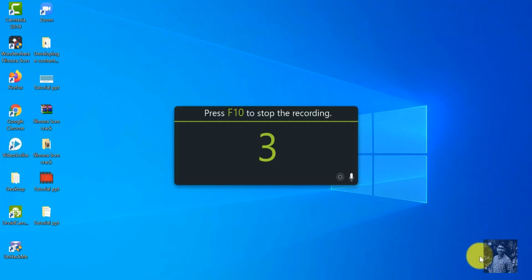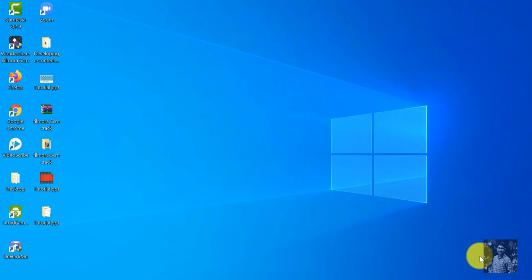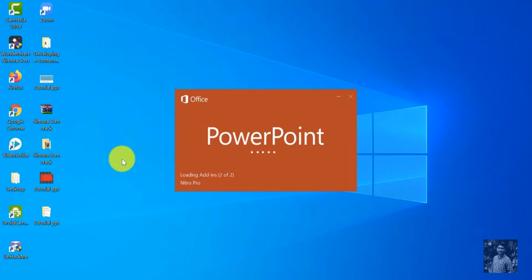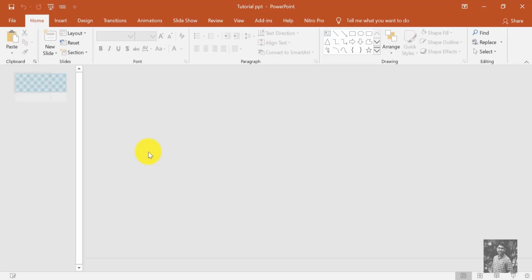Okay. Here the problem is the recording starts right from the home screen where you are starting your recording. Whereas if you use the add-in, directly it starts at the first slide and again it ends at the last slide. But here in this case, it starts directly from the home screen wherever you are. Now, whatever I'm doing on screen, everything gets captured. That is the problem with this method.